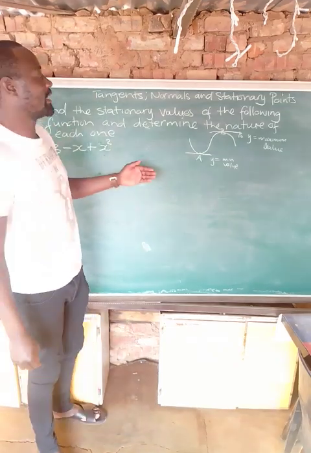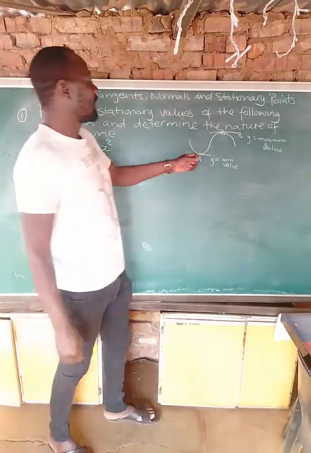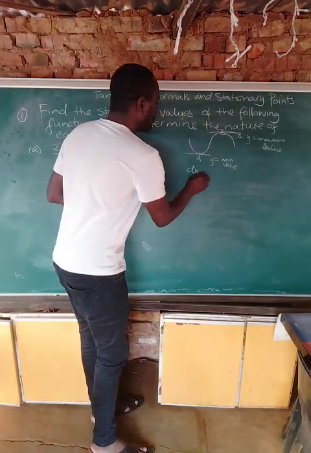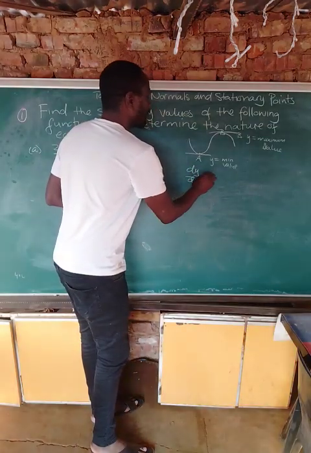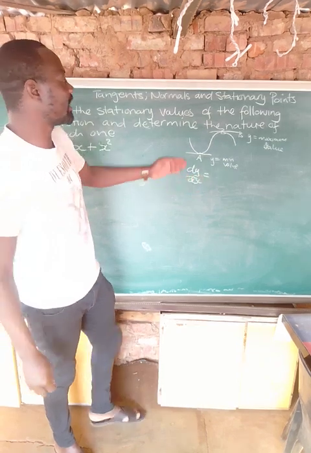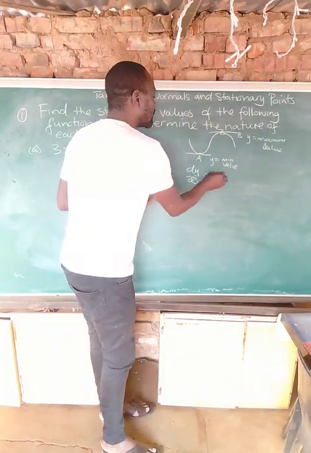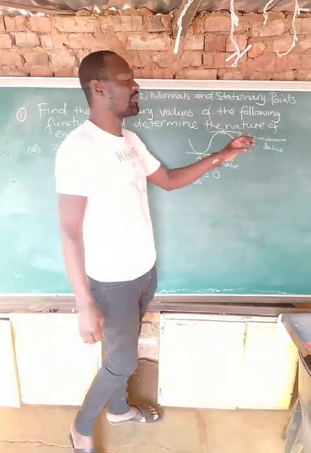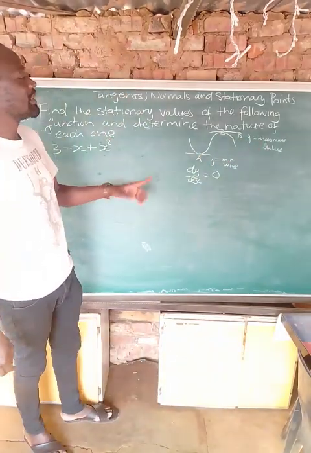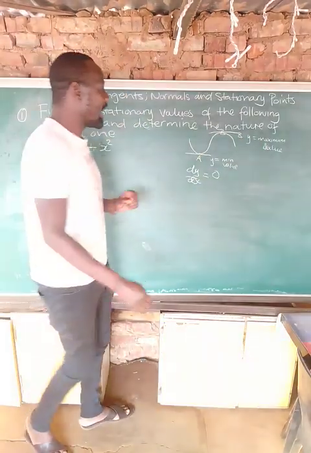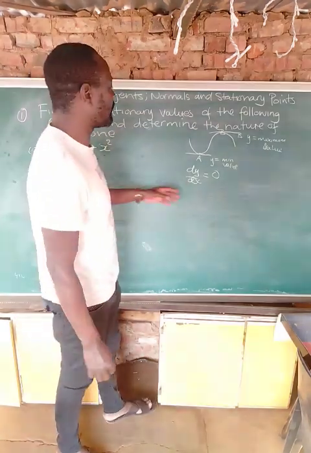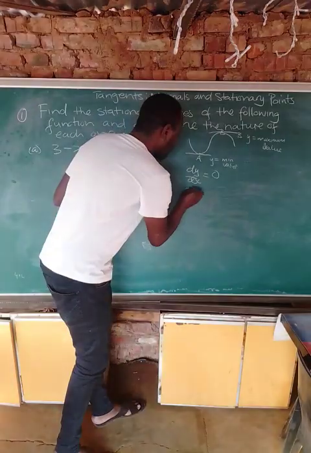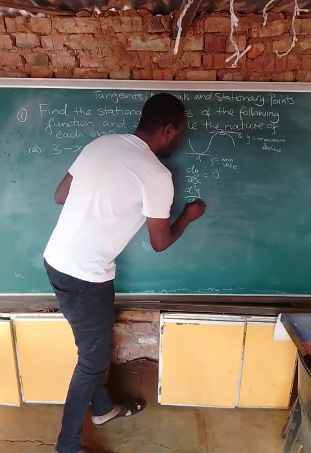So whenever we are at a stationary point, dy/dx, or the gradient function, at any stationary point is equal to 0. The gradient function at any stationary point is equal to 0, and the second derivative, let's say d squared y over dx